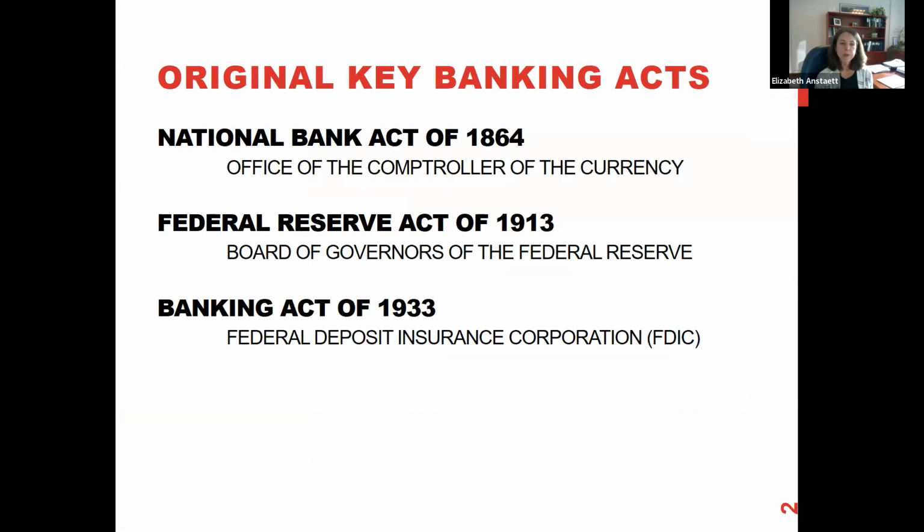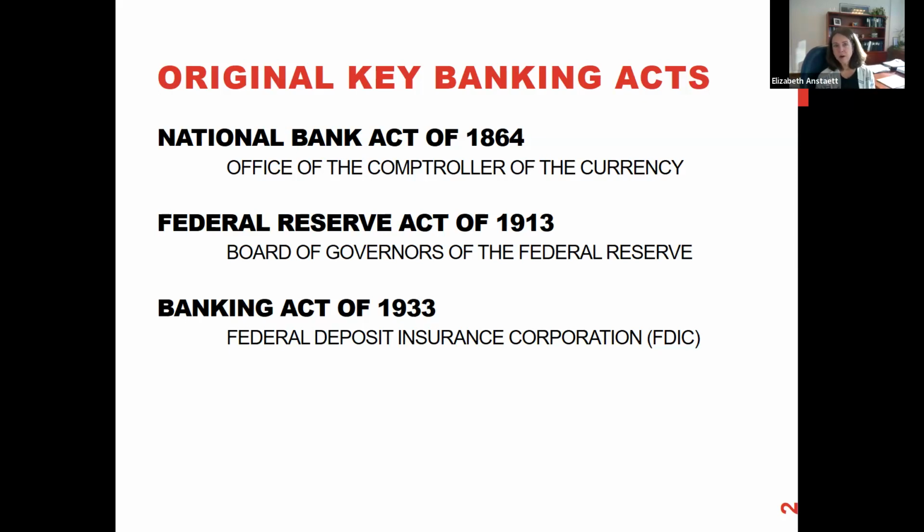Just as a quick review, we talked in the last module about the National Bank Act, which created the Office of the Comptroller of the Currency, which is the federal agency that charters and oversees national banks. That was in the 1800s. The Federal Reserve Act was enacted in 1913 to create the Federal Reserve System and Board of Governors, also overseeing national banks, but the bigger economy as a whole. And finally, the Banking Act of 1933, after the Great Depression, to create the Federal Deposit Insurance Corporation, which builds sort of confidence in our banking system.